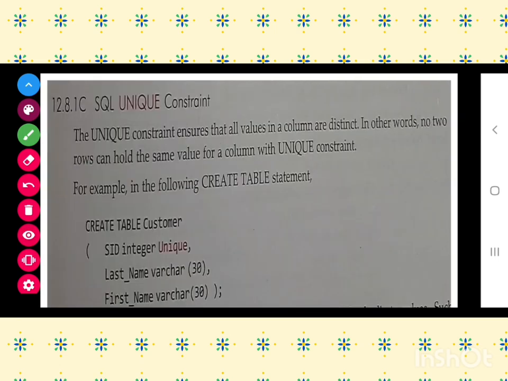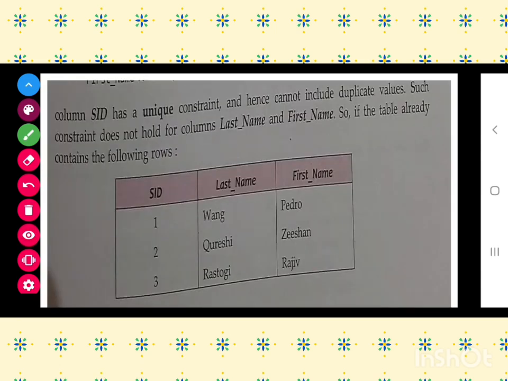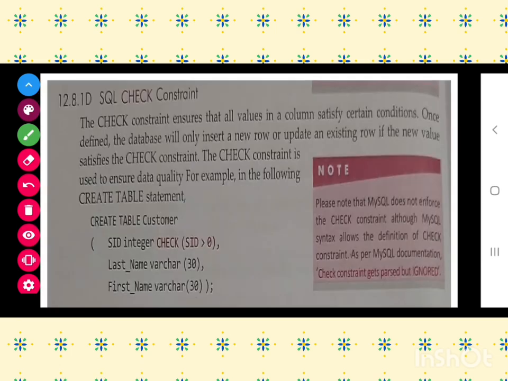Now unique, we want everyone to enter the ID as a unique ID. No two records should have the same ID, so we can give unique. As you can see, these are all unique, so it is working. If we give two IDs as 1, then it will create an error. As we insert the value into the table and again write 1, it will definitely create an error. So for that we use unique.